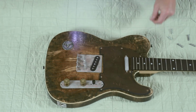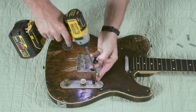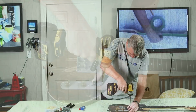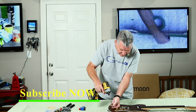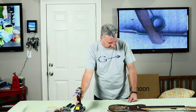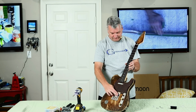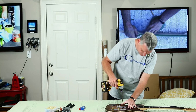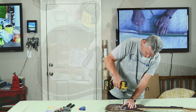All right. And our control cavity, our control plate. That's cinched down. All right, and there we have it. New Alnico V pickup in our Telecaster. Now I will do the setup